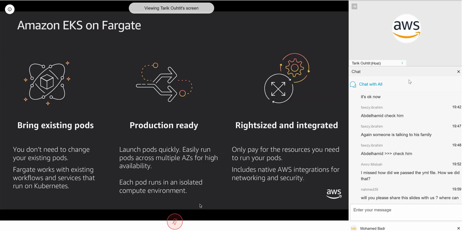So we've launched Amazon EKS on Fargate. What this means is if you have a Kubernetes cluster on AWS, when you deploy, you can choose: do you want your pods, your containers, to run on Fargate, or do you want them to run on EC2? If you choose Fargate, you get this really nice experience of not having to worry about infrastructure.